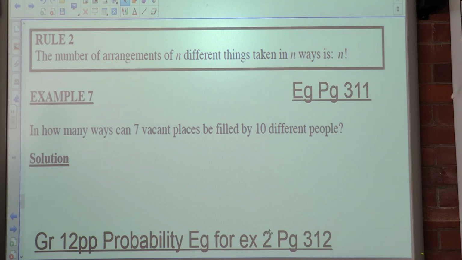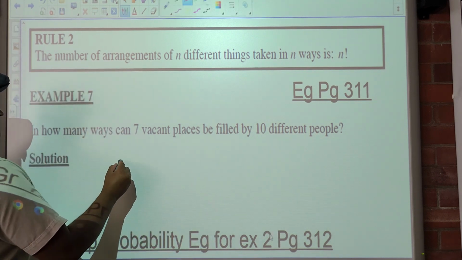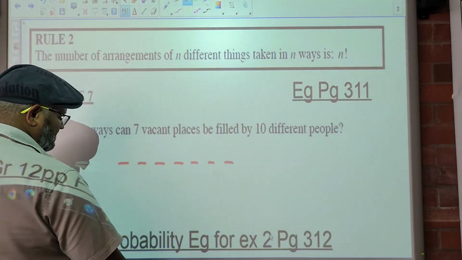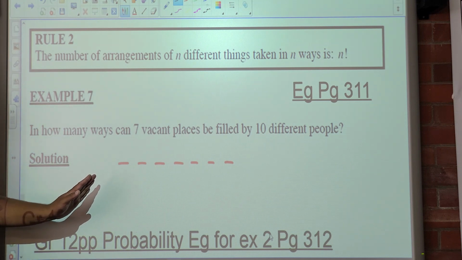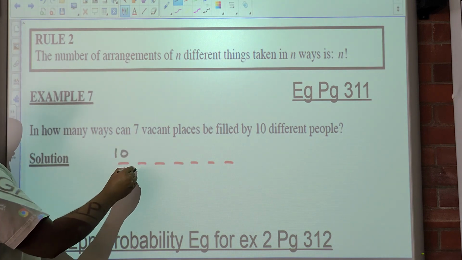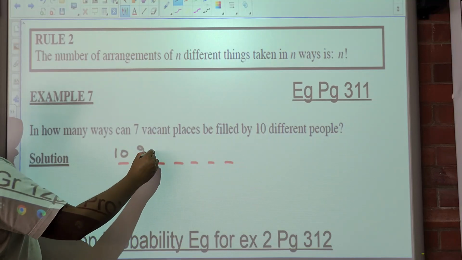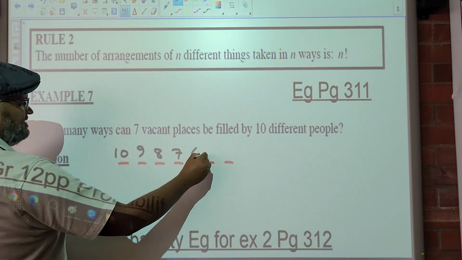In example 7, they want to know in how many ways can 7 vacant places be filled by 10 different people. So it's 7 vacant places by 10 different people. Would every person get a place? No. There are 3 of them that won't get places. So how many birds would I draw here? 7. Alright. 1, 2, 3, 4, 5, 6. So how many options do I have for bird 1? 10. Then 9. Then